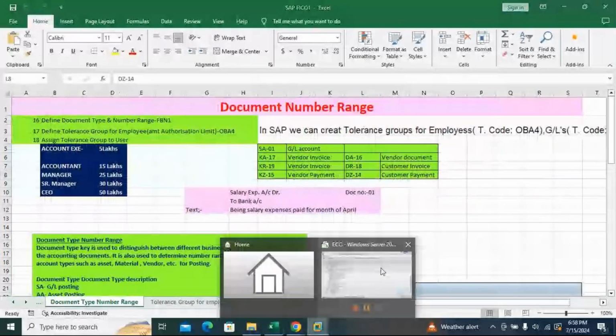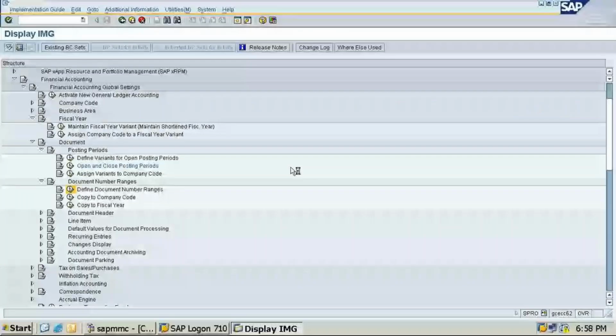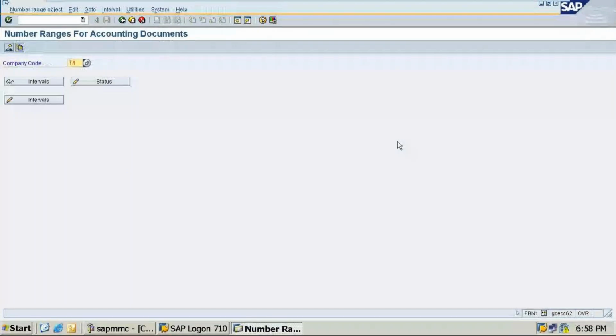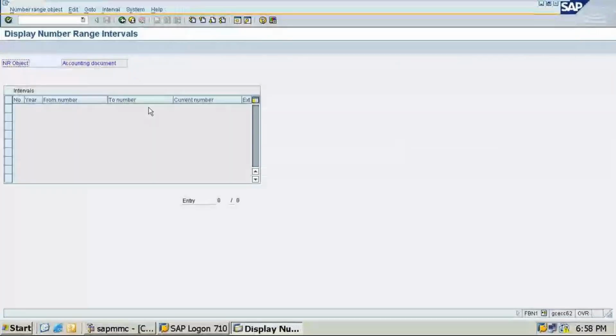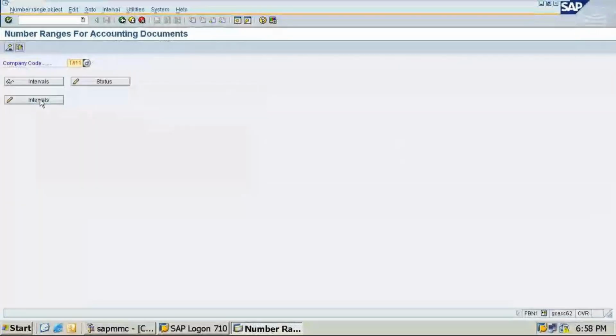So click on this define document number range. What we have to give here is TA11, the company code. See here, change intervals, there is nothing there, so we need to create. You have to give the company code and click on change intervals. Once you click on change intervals, then click on intervals.